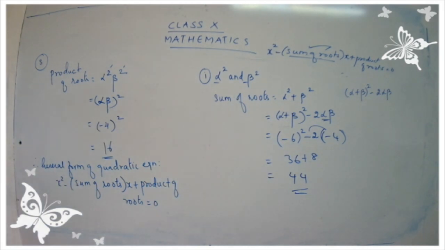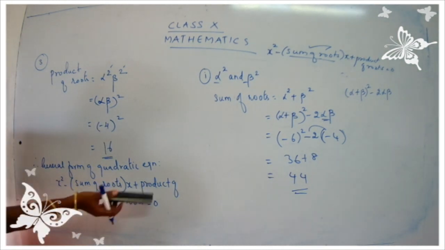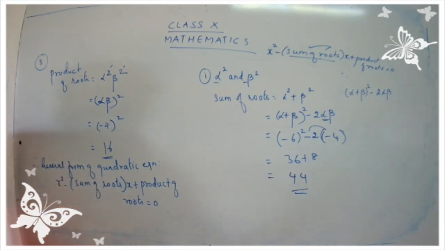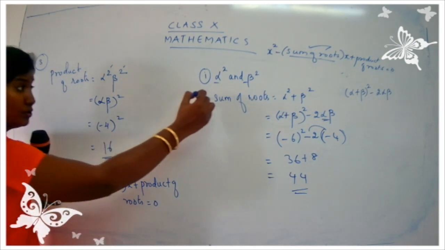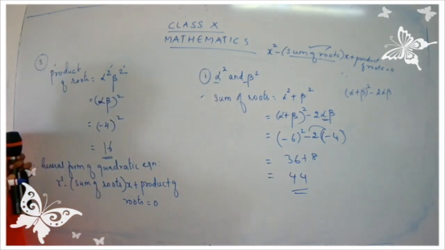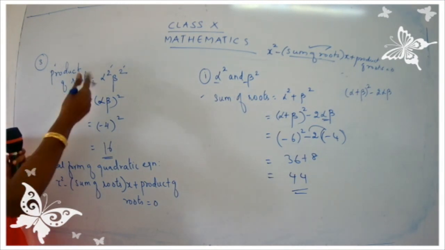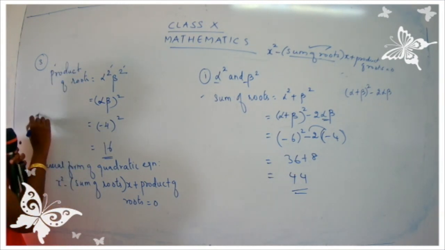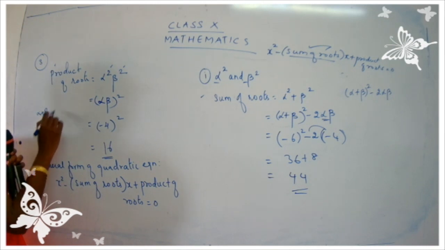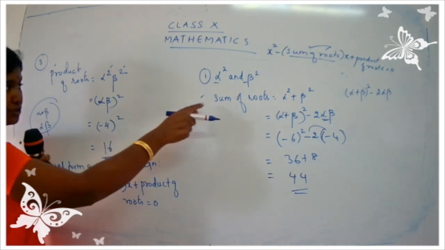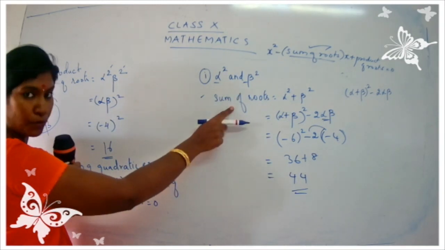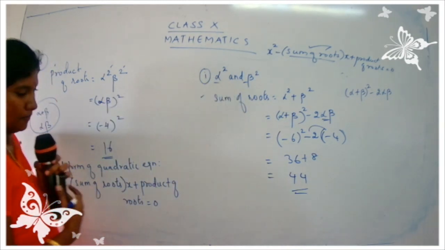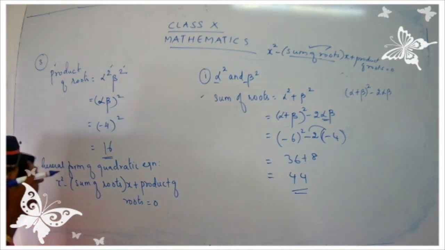Now we are going to substitute the value for sum of roots and the value for product of roots. And one more thing, children, before I go to the next step, be careful to substitute the value of the new sum of roots and new product of roots. You are not going to put that one. When we started the sum, we found alpha plus beta and alpha beta, children. So this you are not going to put; you have to substitute the value for the new roots, that is for alpha square and beta square. So I write down here.